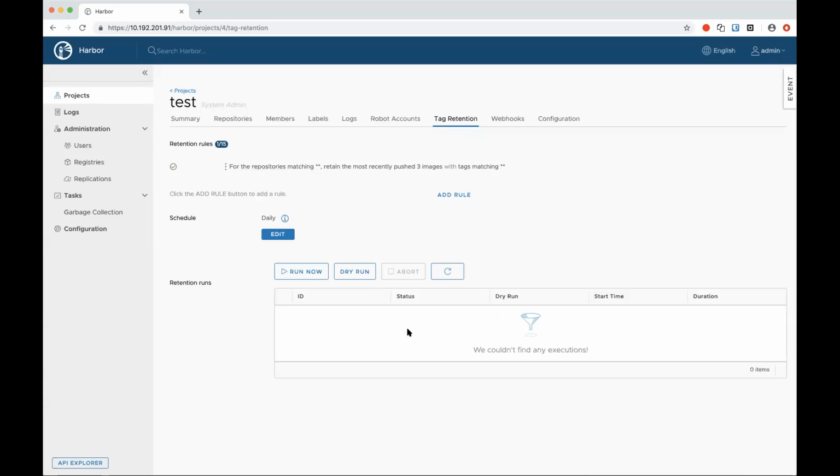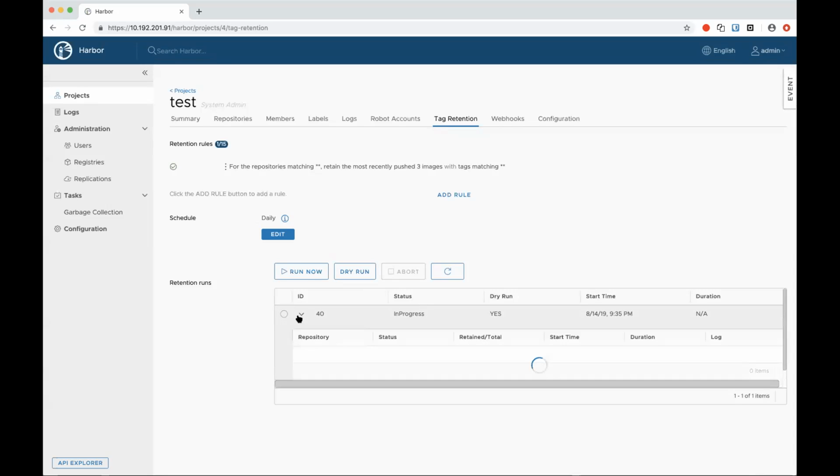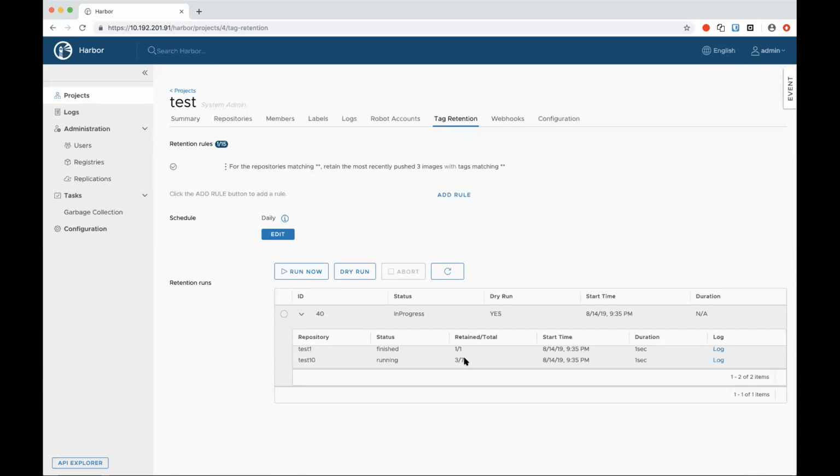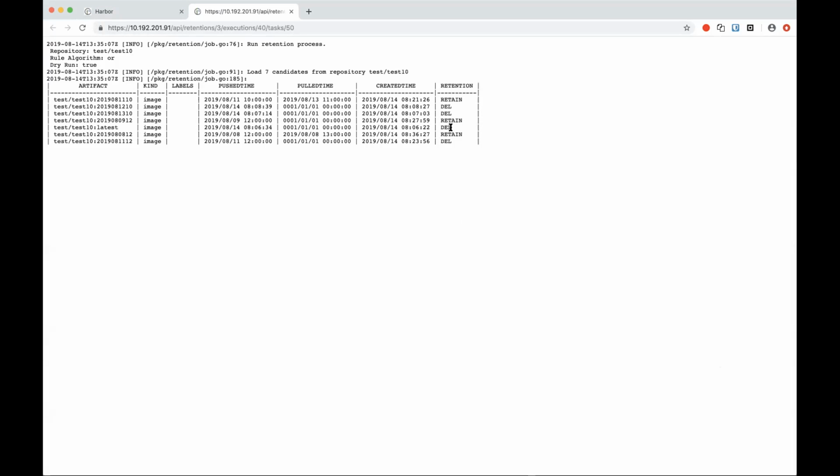Okay. Let's do a dry run. And here you can see the seven images will only retain 3 as we set. In the log, you can see the 4 will be deleted.